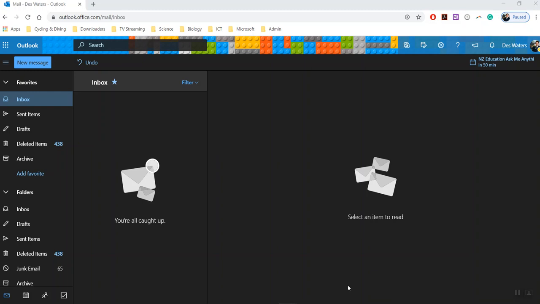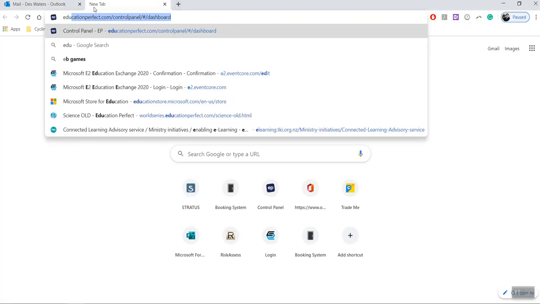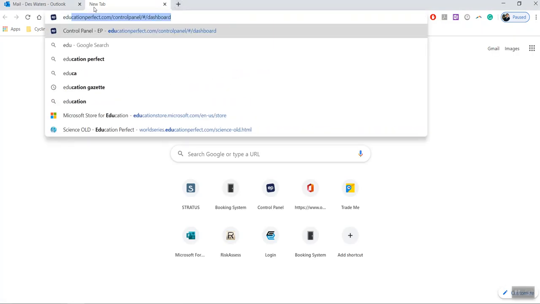To add a test or log into Education Perfect, what you have to do is open a new tab and type in Education Perfect, or you can do it through Stratus on the drop-down menu in Apps. Once you select Education Perfect,